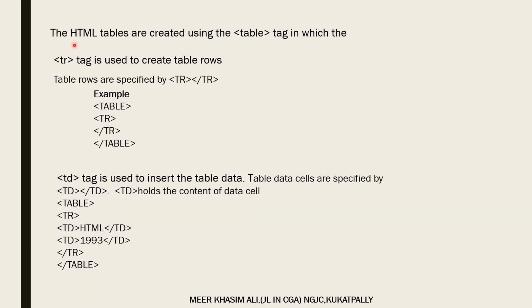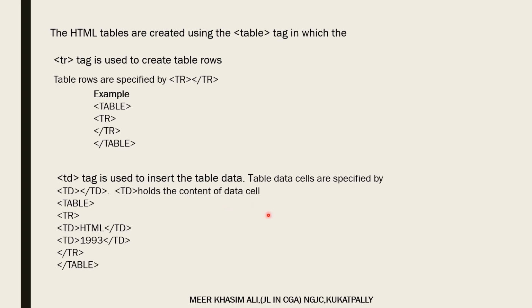To create a table in HTML, you use the table element, which is the easiest part. HTML tables are created using the table tag, in which the tr tag is used to create table rows, and these table rows are specified by tr open and tr closing tag. The next one is the td tag, which is used to insert the table data. Table data cells are specified by td open and td closing tag, and these td hold the content of the